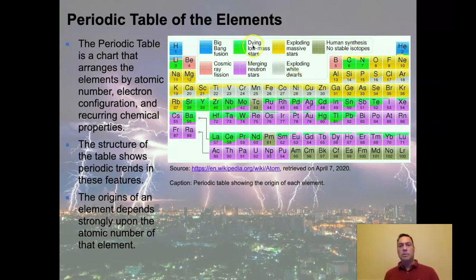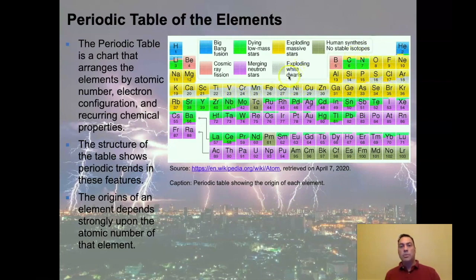So, for example, dying low-mass stars probably gave us a large amount of our carbon and nitrogen. Same thing through here, right? Anywhere where you're seeing green on this chart, and you'll actually see the approximate percentage is represented by how green it is, right? That's how much is coming from low-mass stars. Then you have exploding massive stars. This tends to give you your ones with the yellow elements.